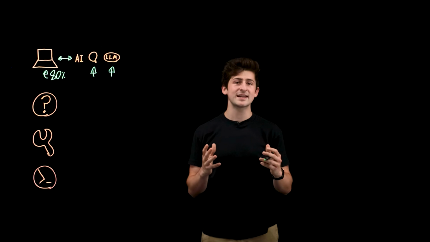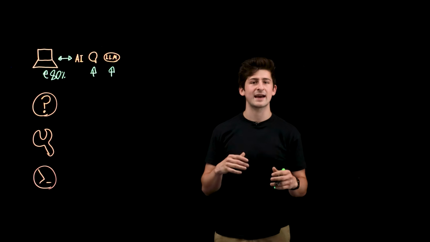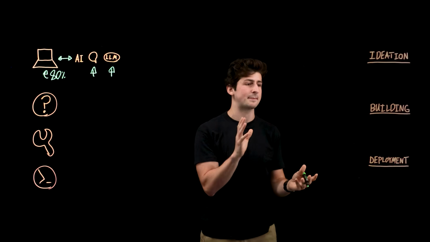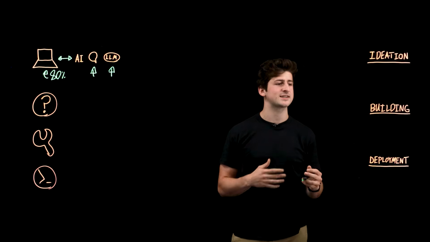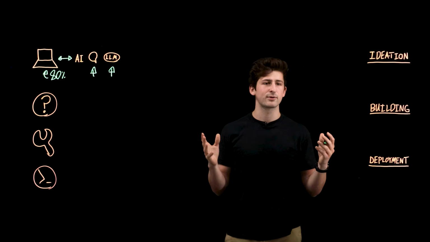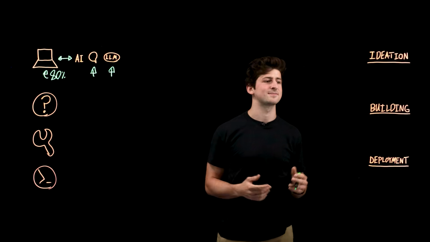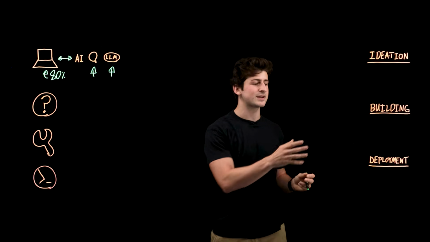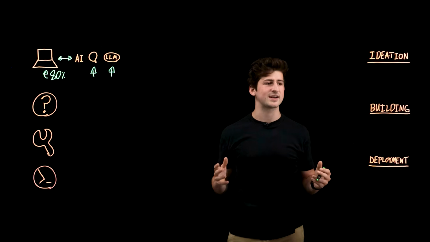So while there's plenty of options out there for locally running a large language model on my laptop, today we're actually going to talk about the three main steps of the AI journey that developers are going to experience when going from a simple proof of concept to a production application. Mainly, these are the ideation and experimentation phases, the building, and also the development and operations side of things.